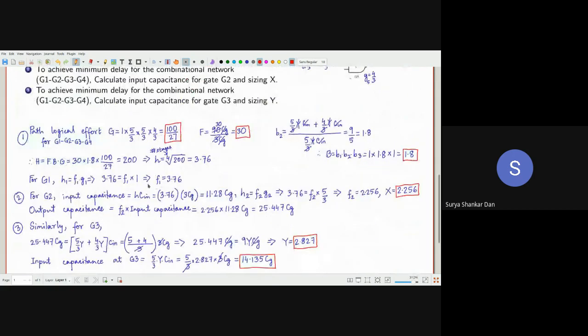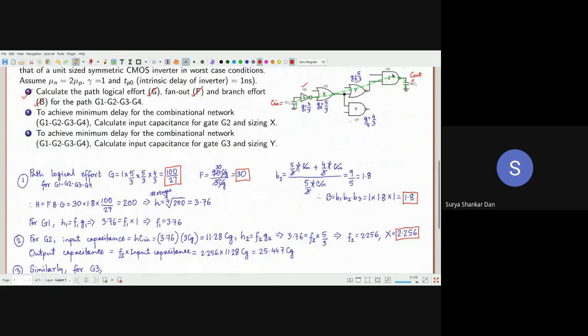In the second problem, the logical efforts are different for different stages. So basically, in the second stage, there are two kinds of complication. Number one, the first complication involves the logical efforts being different. That's why this small g comes into the picture. And then the second complication is the branching. This is a very good problem actually.